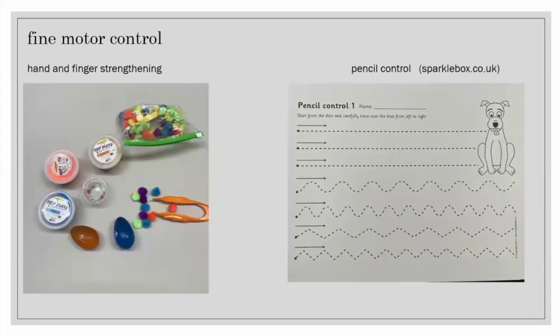Now, fine motor control is another skill that may require development. Hand strengthening and pencil control are two key factors. Most preschool and kindergarten programs provide activities to develop hand and finger strength. However, many kids these days are doing less fine motor activities at home and even sometimes at school, and spending